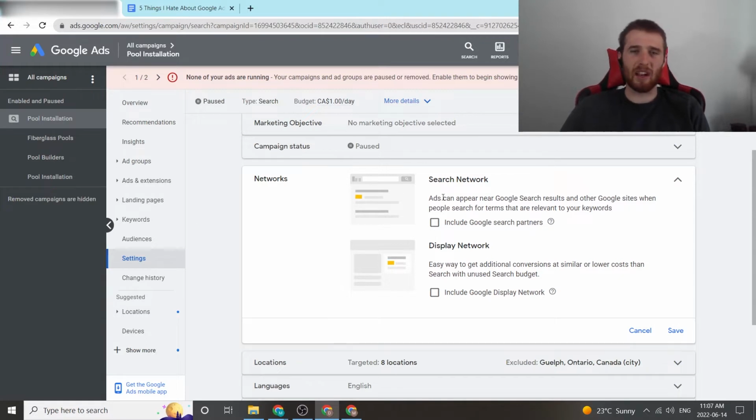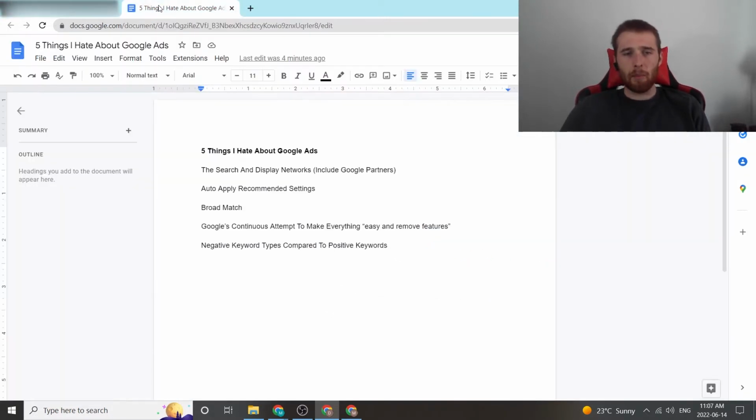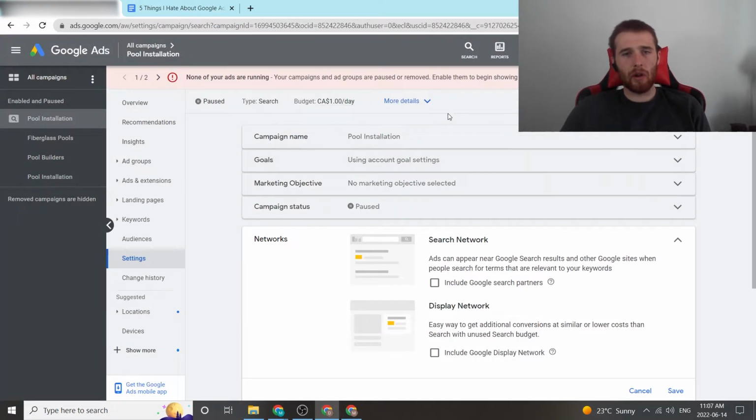And another thing I just really don't like about Google Ads. Number 2, auto apply recommended settings. Now, Google Ads is good at recommending a lot of things. That being said, I don't trust Google auto applying every single one of its recommendations because Google wants to spend as much money as possible and get you as many clicks and conversions as possible. These 2 things can burn a lot of money,